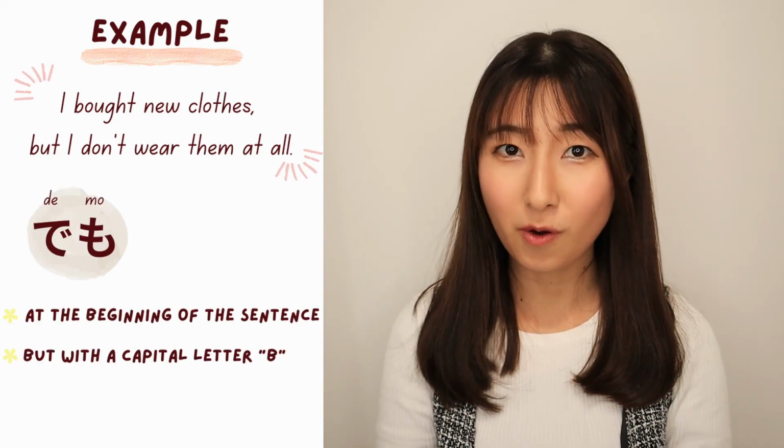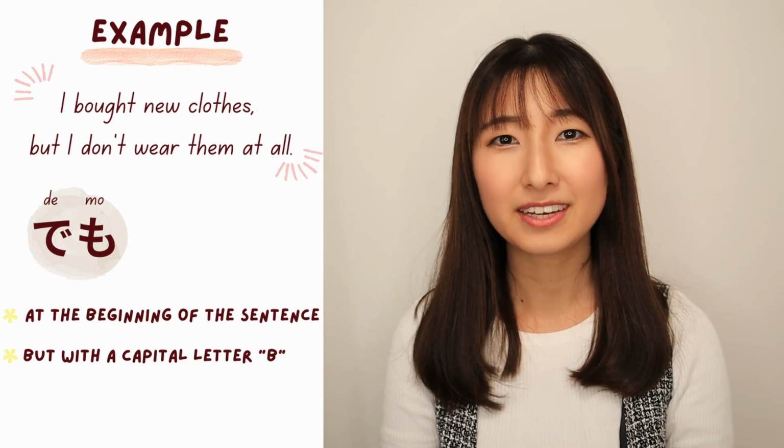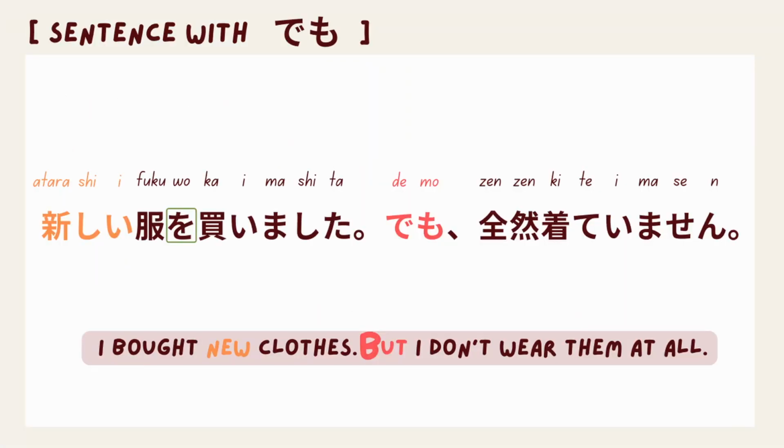Before we jump into other ways to say but in Japanese, let's take a look at how to use demo, since a lot of students think demo is but with a lowercase letter. As I mentioned earlier, demo is but with a capital B. Let's say you want to say, I bought new clothes but I don't wear them at all. If you use demo, since demo is always at the beginning of the sentence, it will be 新しい服を買いました。でも、全然着ていません。As you can see,